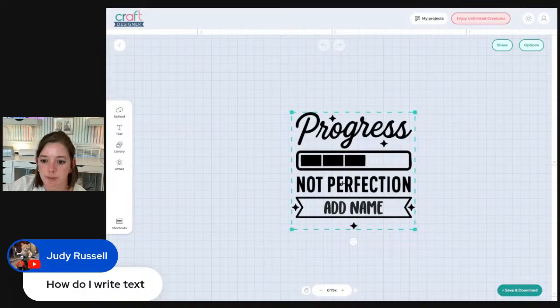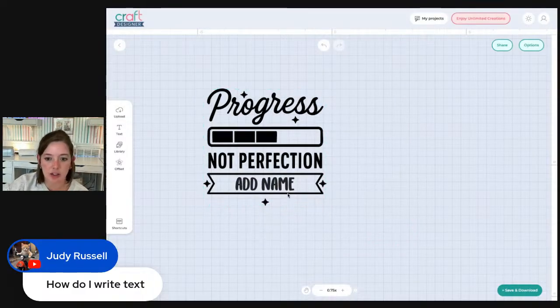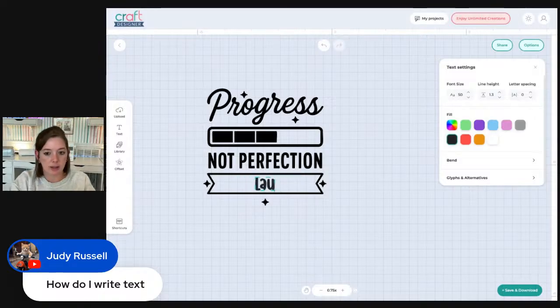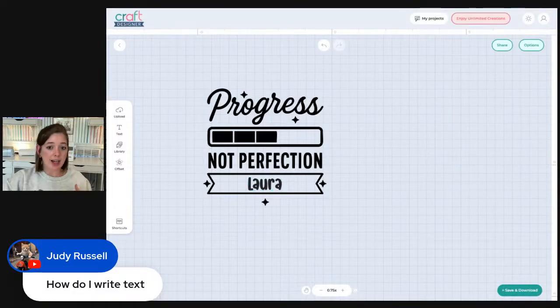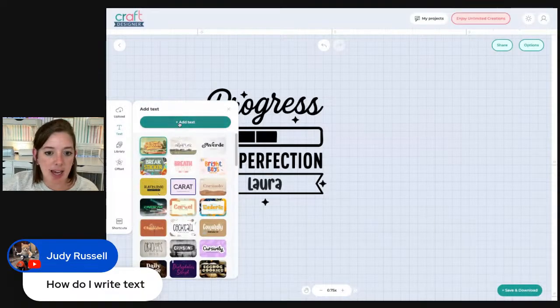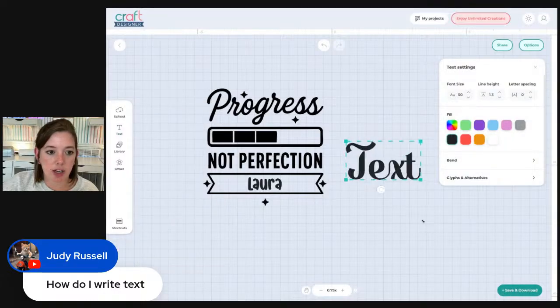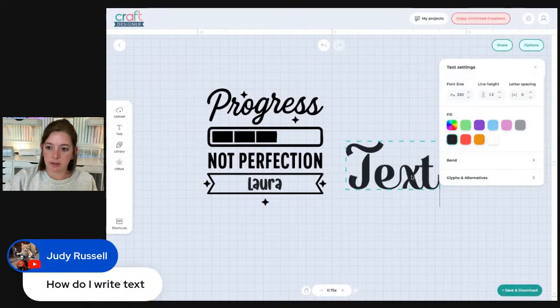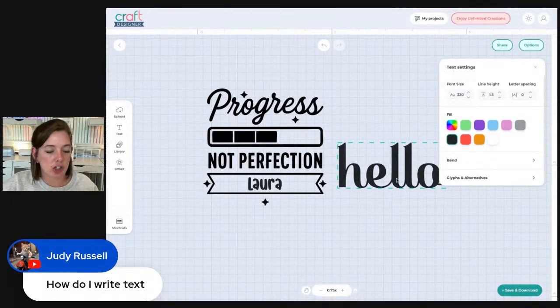Okay, here we go. Judy, how do you write text? You want to select the text that you want to change first. Then if you double click it, you'll get your little cursor here. Then I can just backspace and type new text in. If you're wanting to create text from scratch and you're not editing it from a template, then you want to select the text box right here and then click add text. You'll get a new little text box down here, and again you can double click to highlight it and change it to whatever you want.